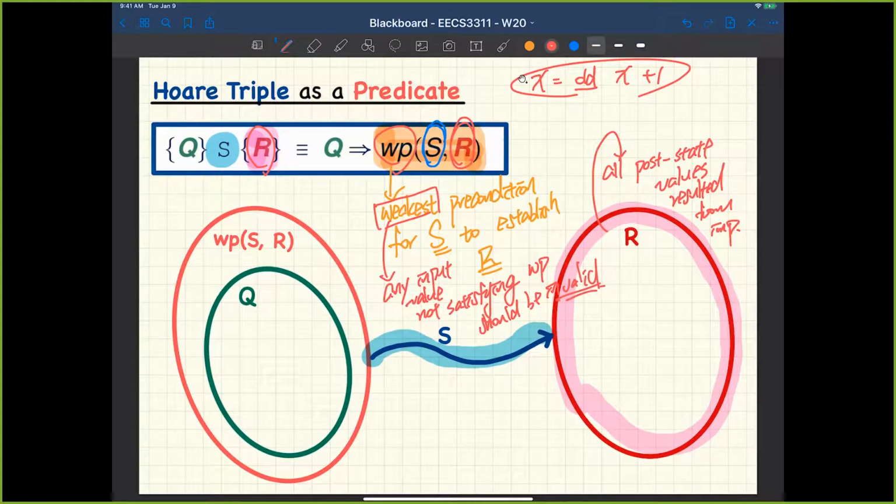We haven't really talked about exactly how you can calculate WP. We'll get there. We'll get to some simple rules towards the end of today. Now, one important thing to remember: whenever you want to calculate the WP,